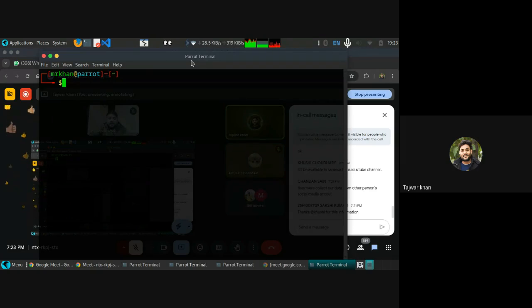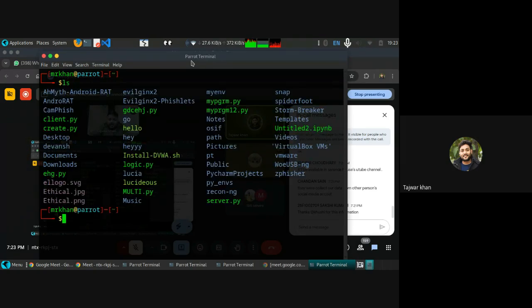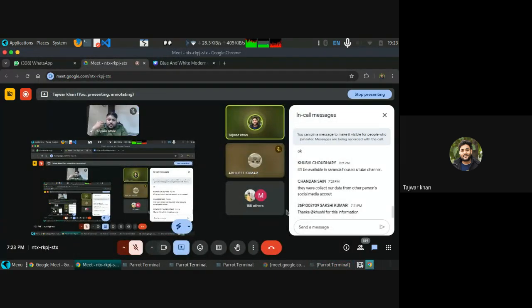Let's suppose I have a tool, and with the help of this tool, I will try to access someone's mobile phone camera. If I have the mobile phone camera, I can check at what particular place this person is sitting, or in what particular situation this person is right now, or I can breach someone's security. If we know the psychology and the behavior of this particular person, we can do some kind of social engineering, and we can fool someone.